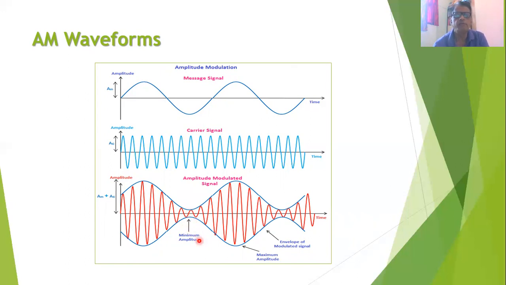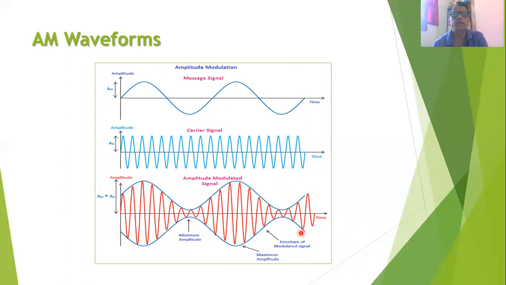When we join the peaks of the carrier signal, you will get a shape of the wave, and this is called the envelope of the modulated signal. This blue line indicates that we have joined the peaks. Actually, you can think of this line as an imaginary line. It is present and it is called the envelope of the amplitude modulated voltage.